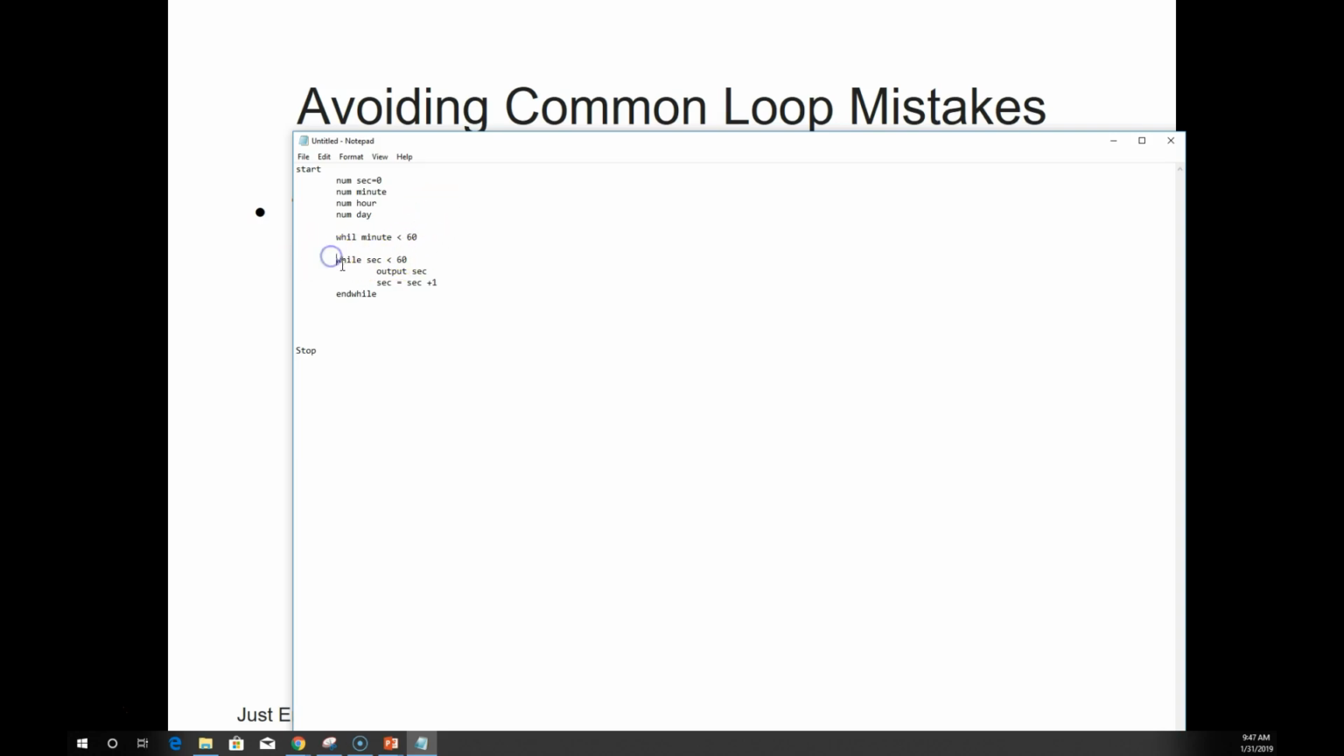Now, here's where it's a little tricky, and Notepad++ would be nice, because we can take a whole block and indent. But these things all happen inside of 1 minute. All right, so we have a minute that's going to occur. So while minute is less than 60, I am going to do